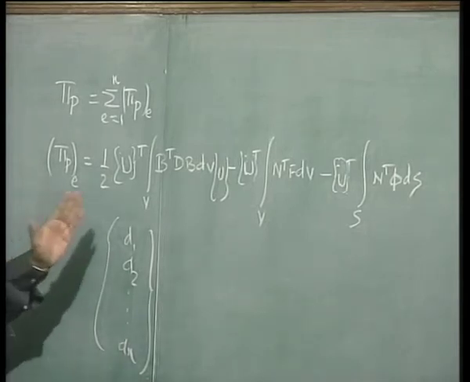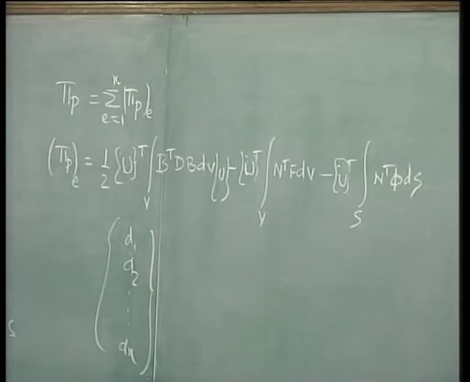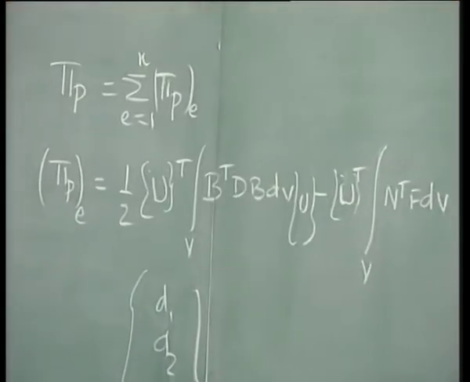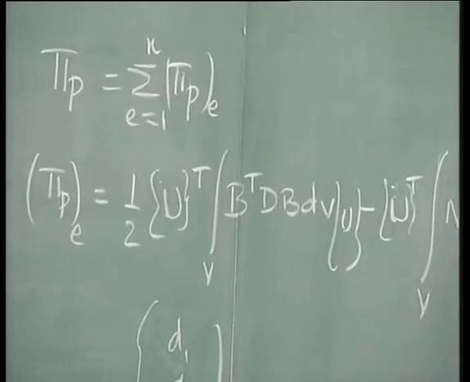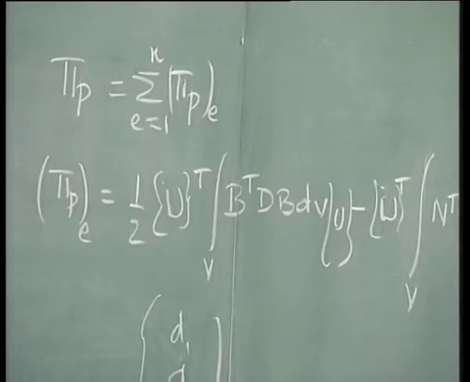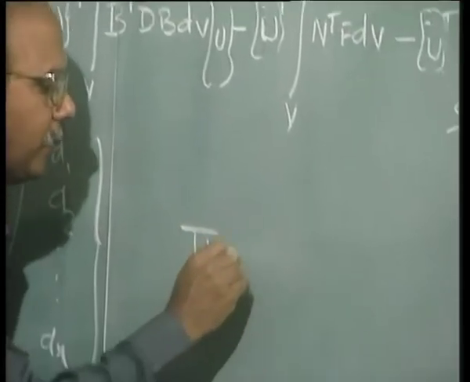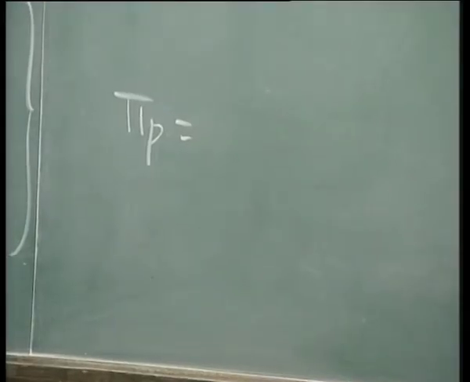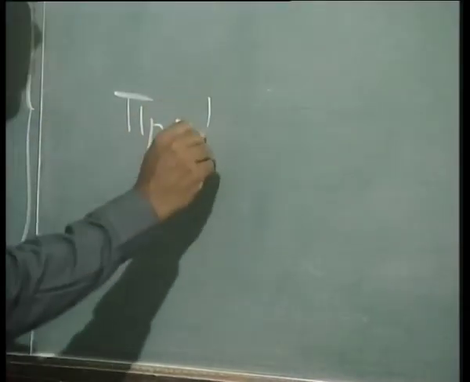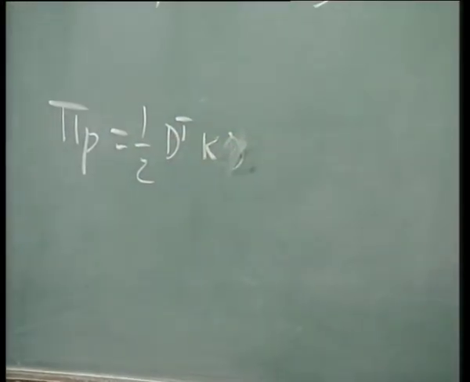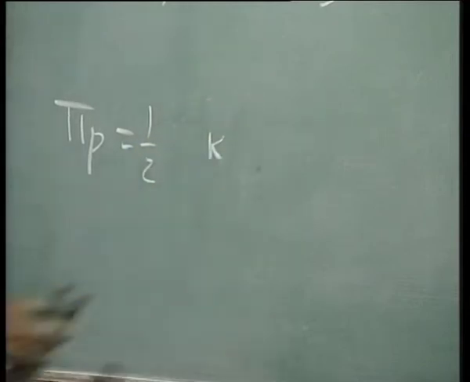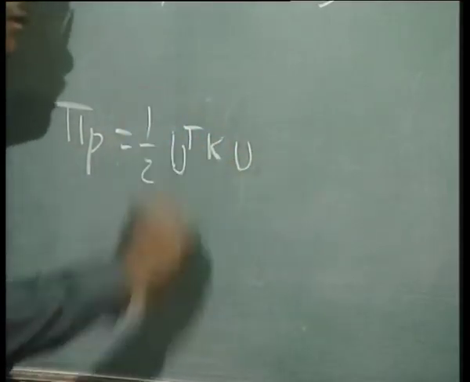Yeah, okay. So substitute it into that equation. So you will get now capital K. What is capital K? Sigma of Ke, right? So I can write down that the total phi p is equal to half d transpose K, sorry, again because I am so used to that, I think we just now changed, it is U transpose Ku, right. So it is U transpose Ku